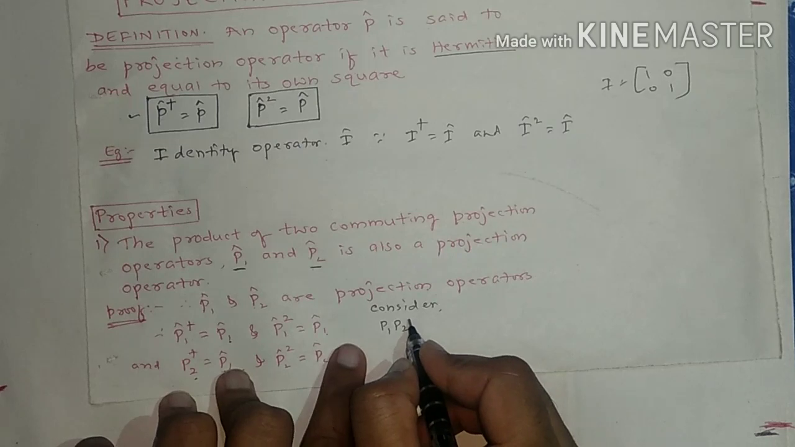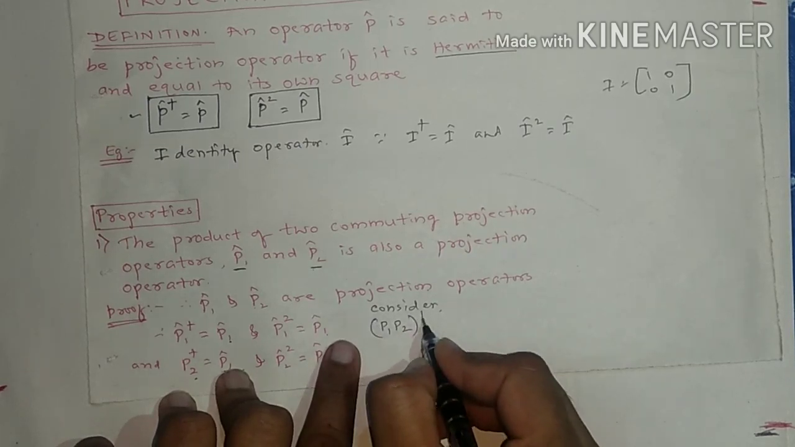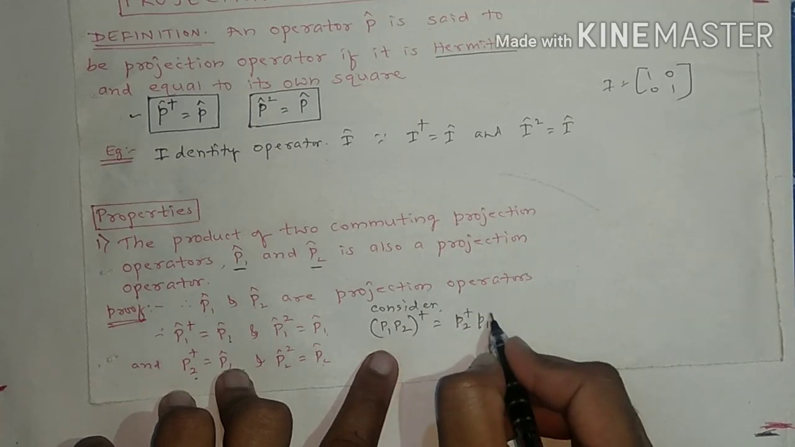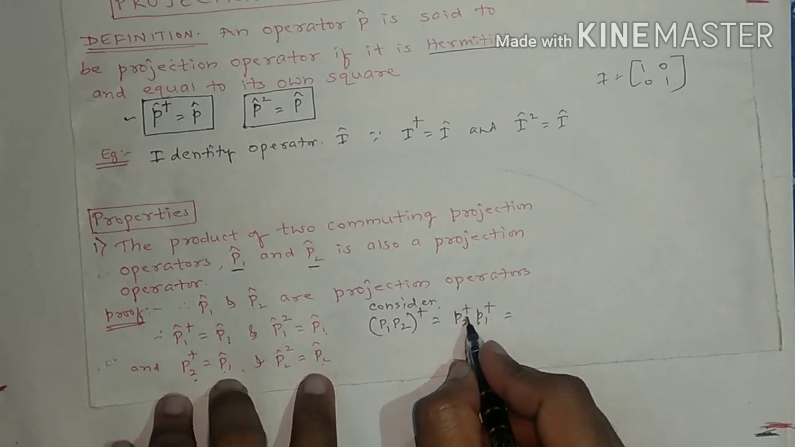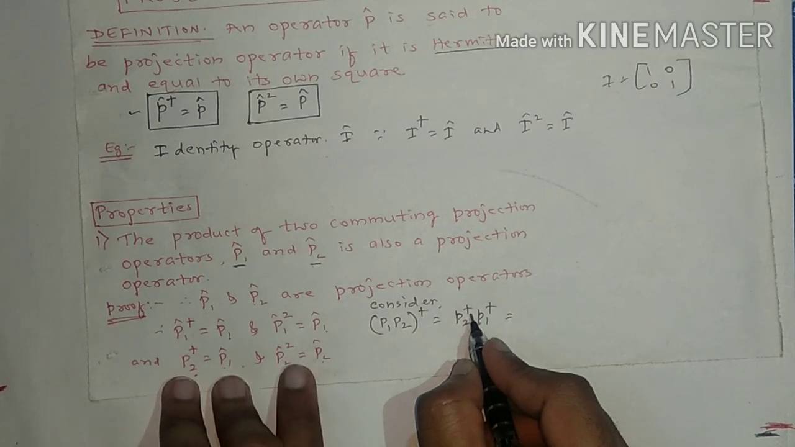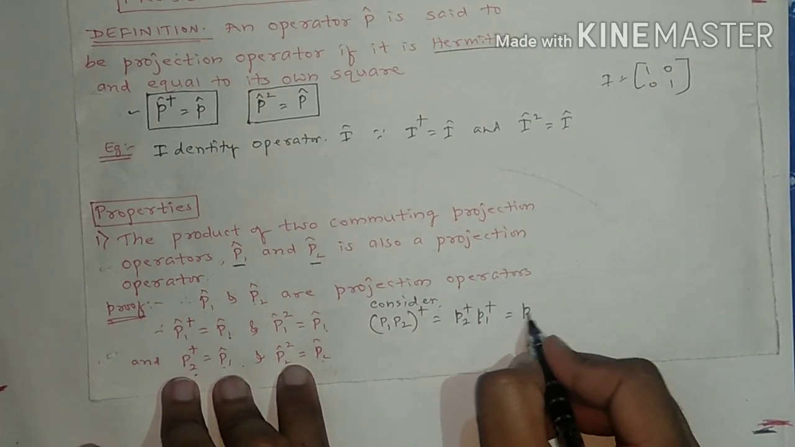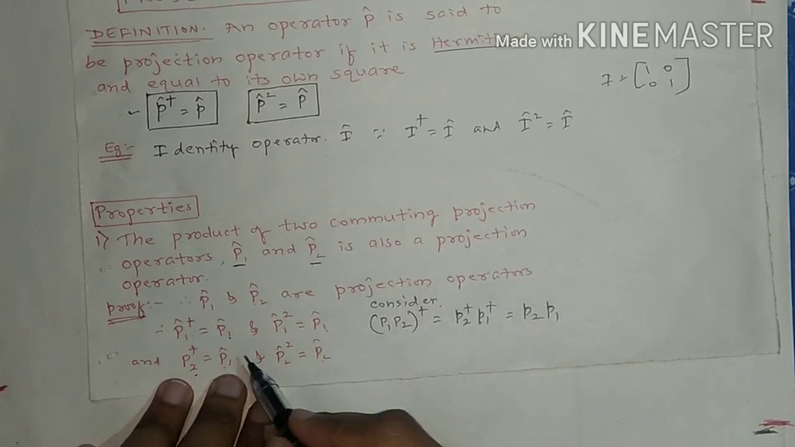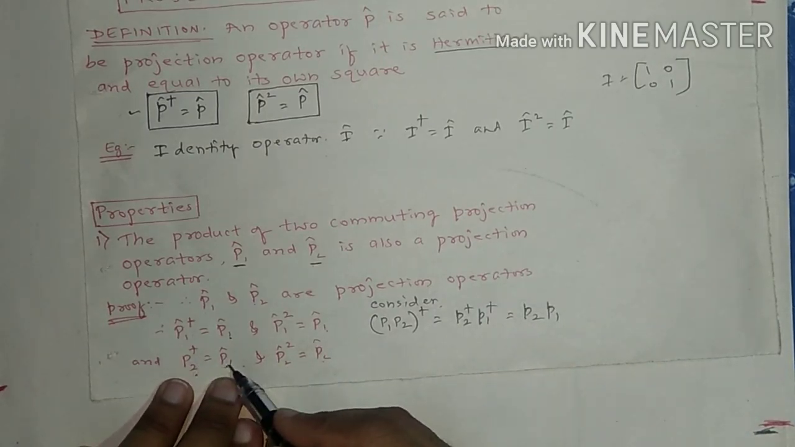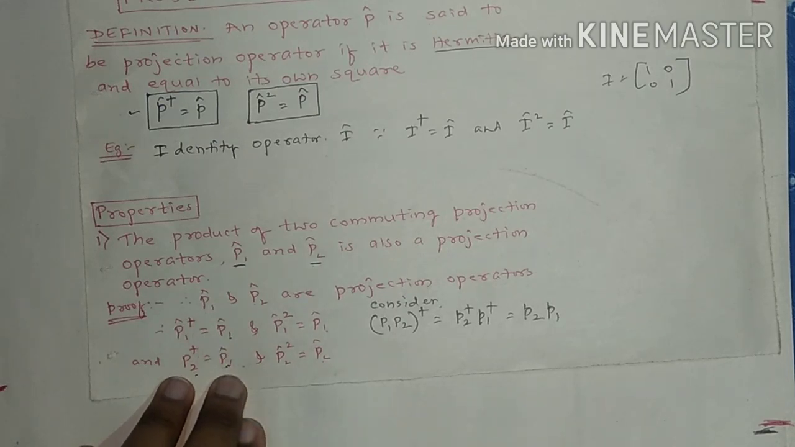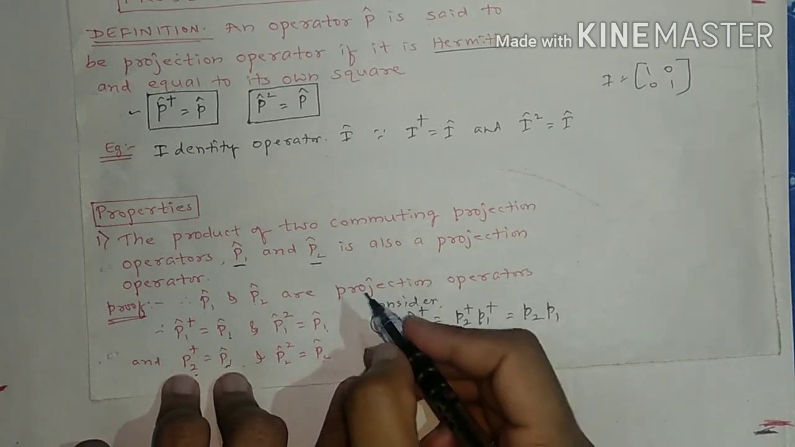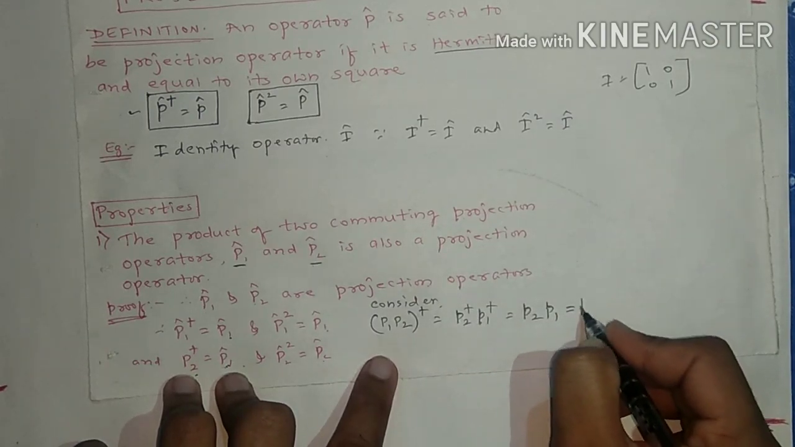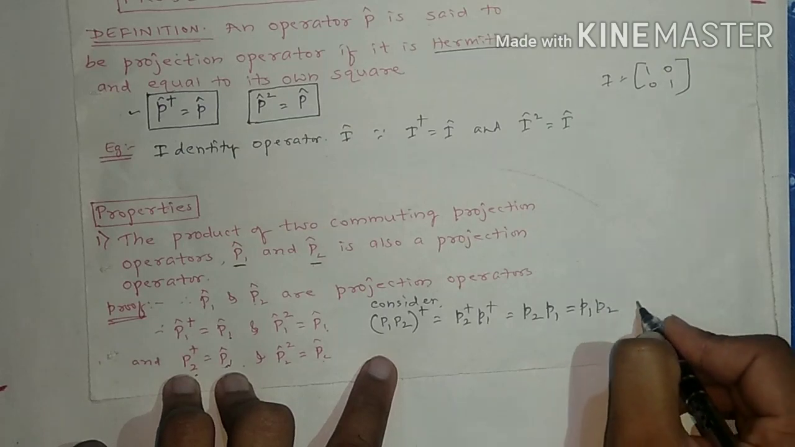So P1, P2, we take dagger of this one. So this is written as P2 dagger P1 dagger, the order changes. P2 dagger is nothing but P2, and P1 dagger is nothing but P1, because P1 and P2 are projection operators. So we got P2 P1, and this will be equal to P1 P2 if